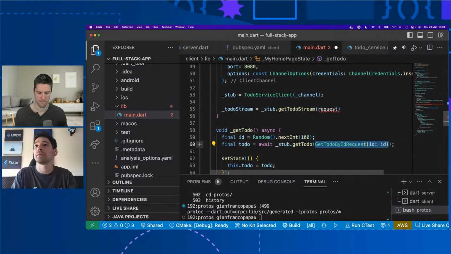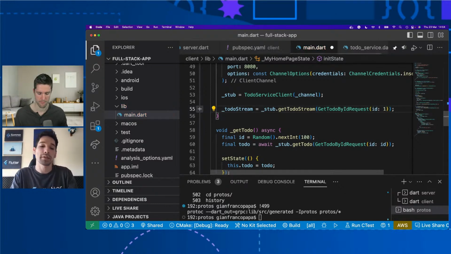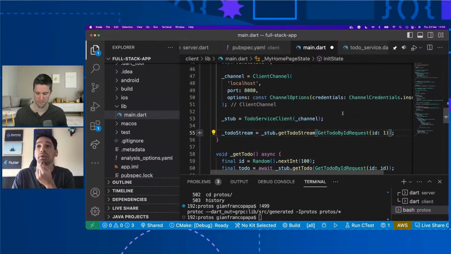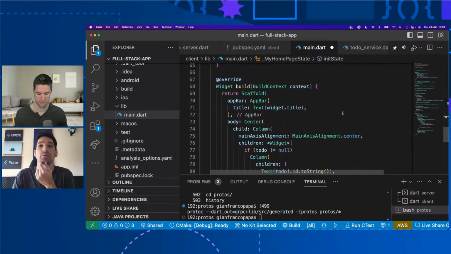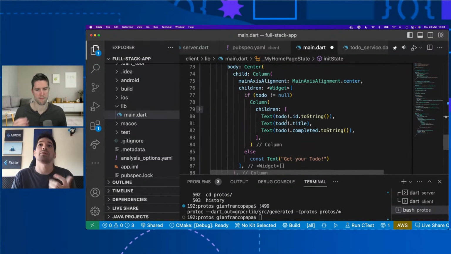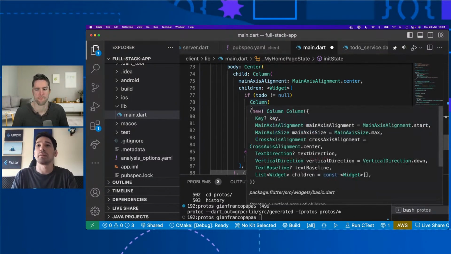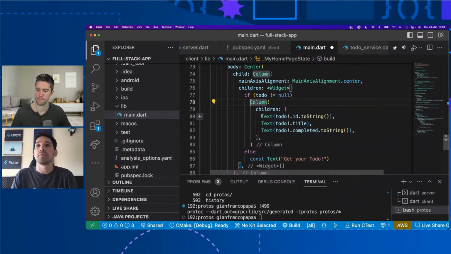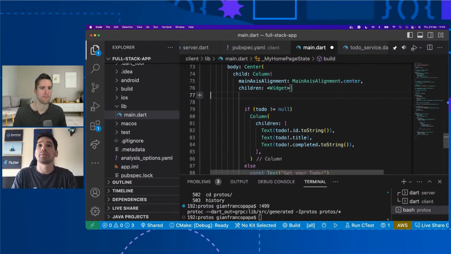We can copy. Now this ID will be pointless, but we just have to put it there. And here what we will have is our stream of to-do. So what we can do now is have a stream builder, right? Instead of our column, maybe we can put a stream builder here.